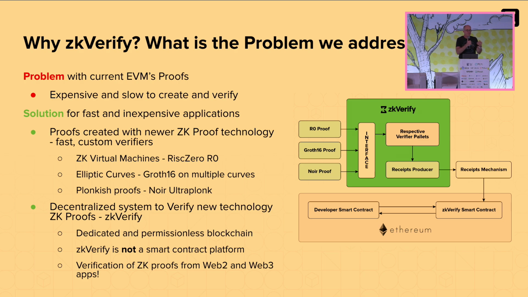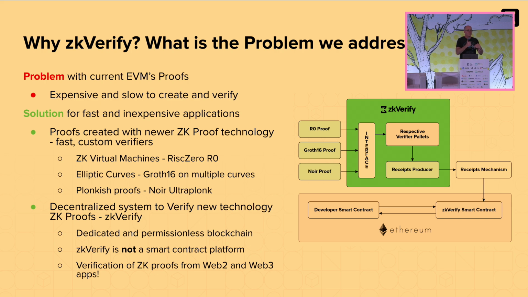Then another thing is plonkish types of proofs. So these are proofs that are optimized for being able to be used on end user devices like mobile phones or web browsers. In a lot of cases, you want to be able to do your proofs right where the information is, right where the user is. The cool thing about doing them on your devices is they have a very low cost to create them. And so with the flexibility of plonkish proofs, and Aztec has created the Noir system to create these proofs, it's a great domain-specific language. Now, the next part is the verification.